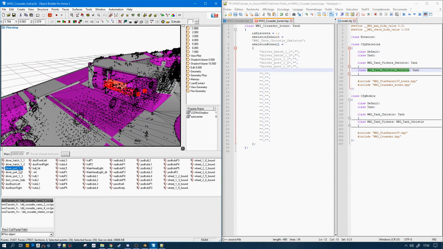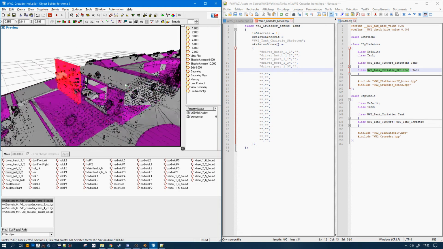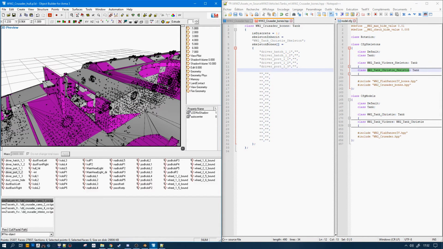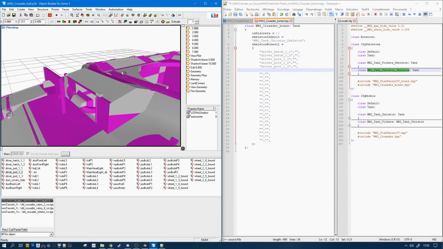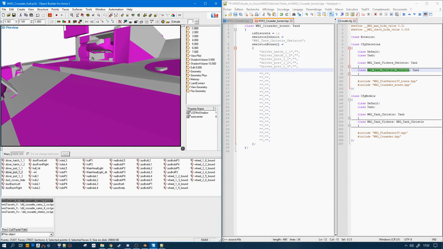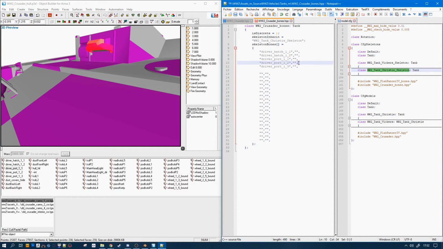If you look at port 2, it's going to rotate to the exterior, and port 1 is going to follow it. So I want the port 1 here to be bound to port 2. So I'm declaring first port 2, and port 1 is going to be bound to port 2, and port 3 is not bound to anything.